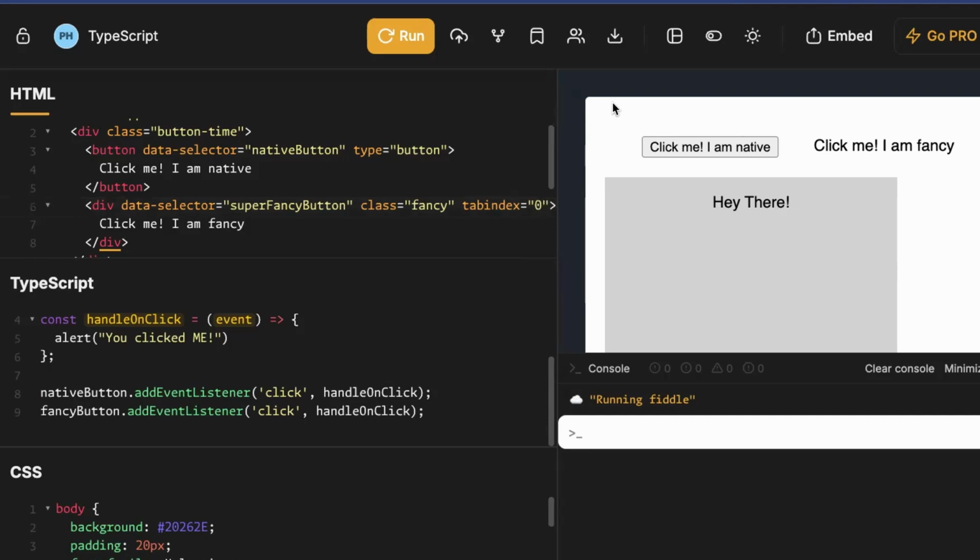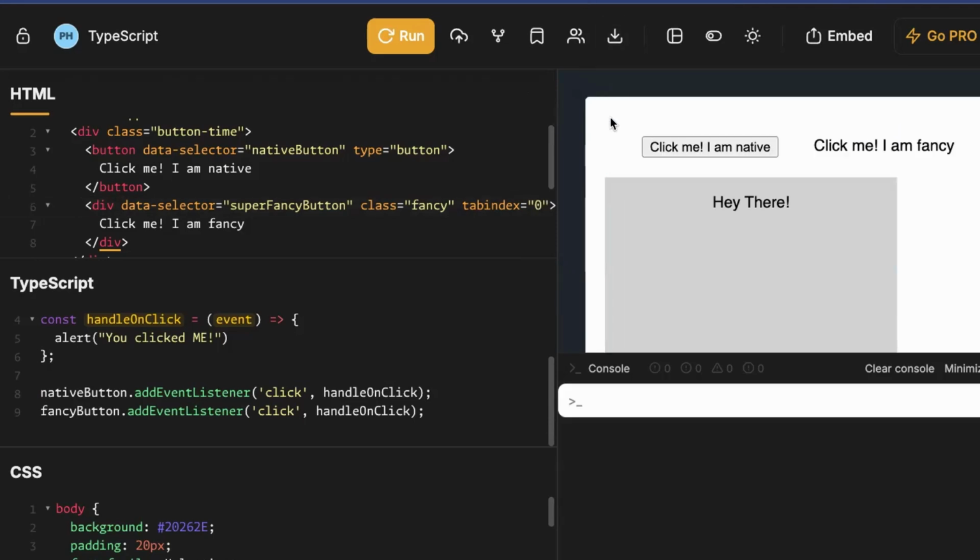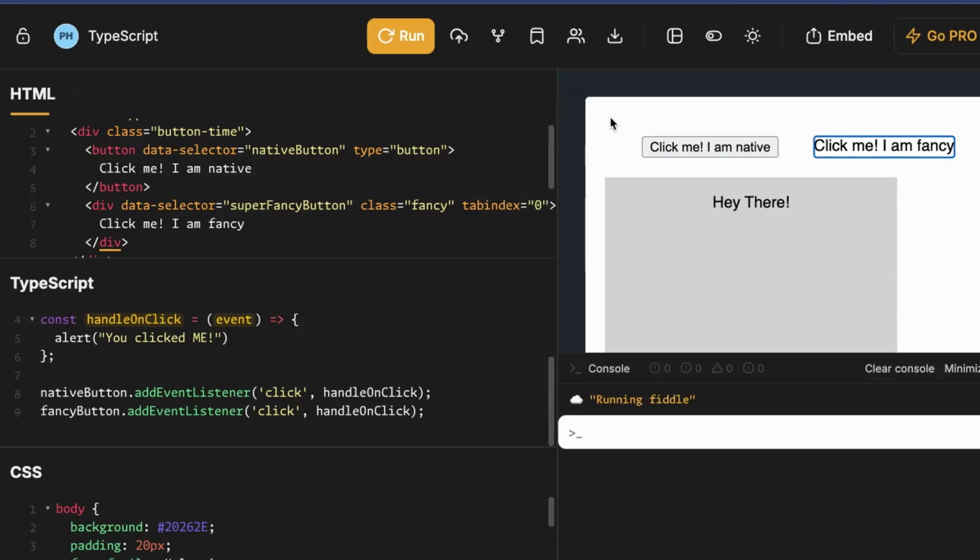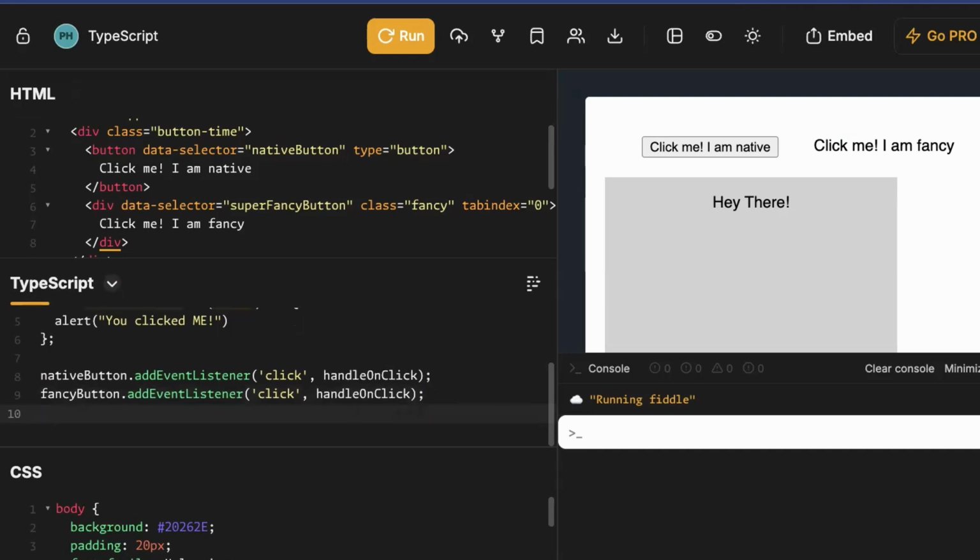And now let's try that again. Oops, run. And now trying again. Now we have the tab index, but is it going to work? And return does nothing. So basically here, we would have to add an on-click handler, or sorry, add a key